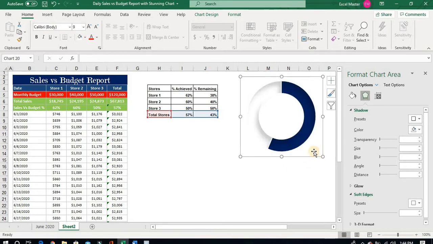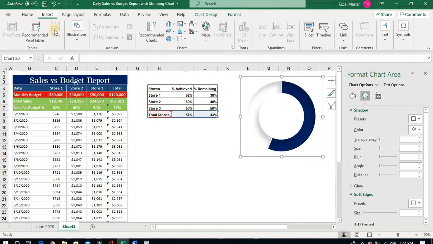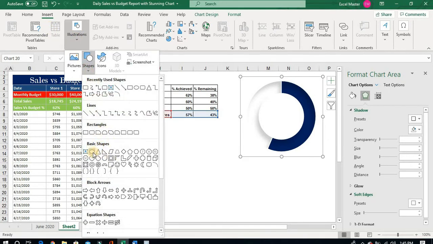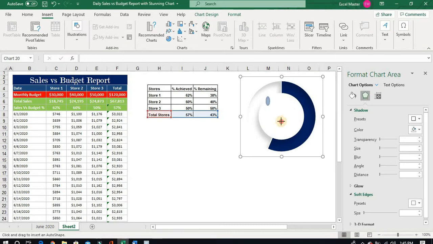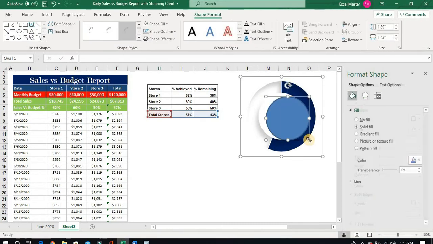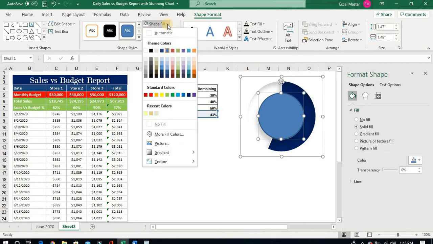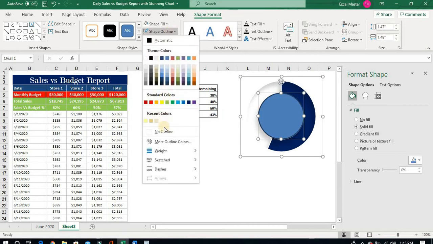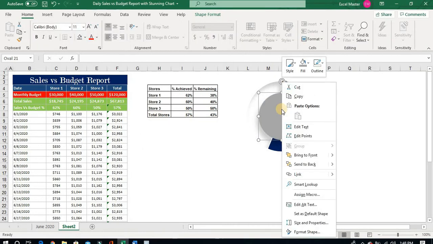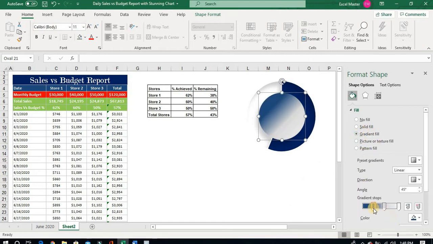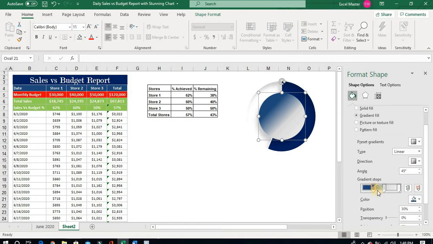To make this chart more attractive, we will insert a shape. It's an oval shape here, and we will insert it. Shape format, we will remove the shape outline. We'll go to the format shape and we will fill the gradient fill, and there are some default colors there. We will change it to the first stop on 30%. We will change the color to